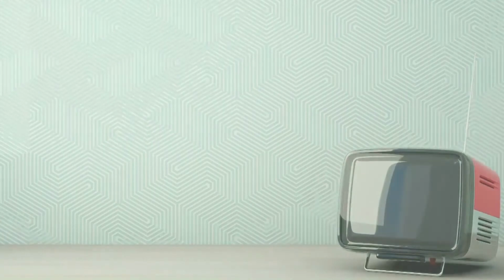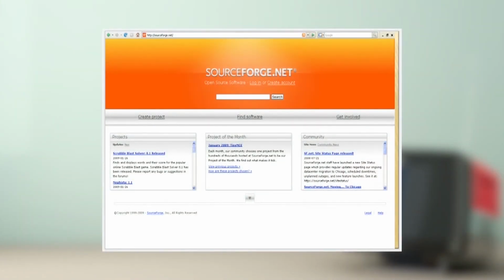Now open source software is available through different kinds of repositories. One of the older repositories, a very famous one, is sourceforge.net. Suppose someone developed an open source software, they can open an account in sourceforge.net and upload that particular software so that other people can download it. So you can search, you can browse.